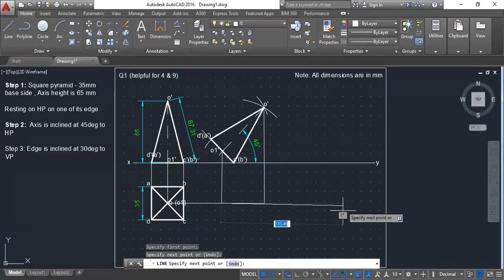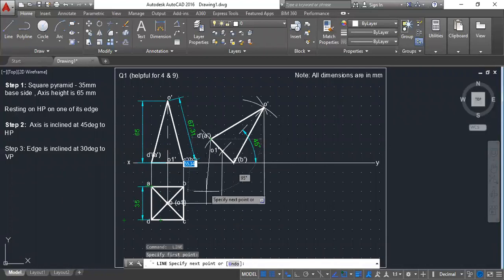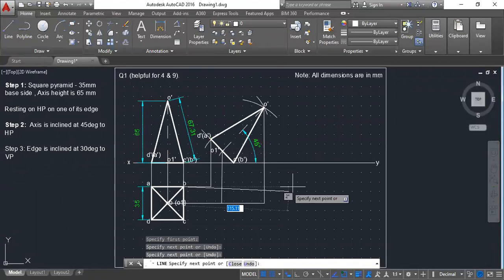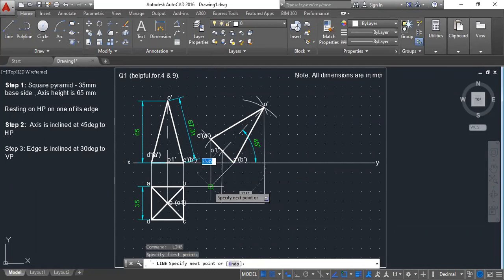Then from A to A, and from B to B, that will be your new B. Then extend this particular line till here, you will get C. Then extend the same till here, you will get D.